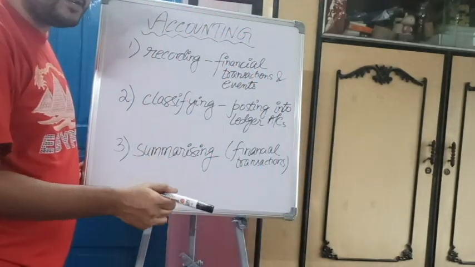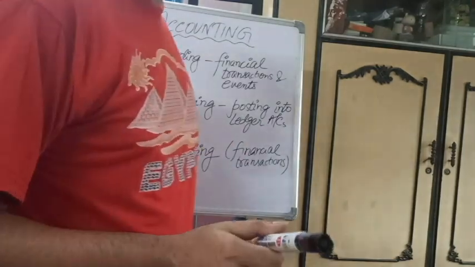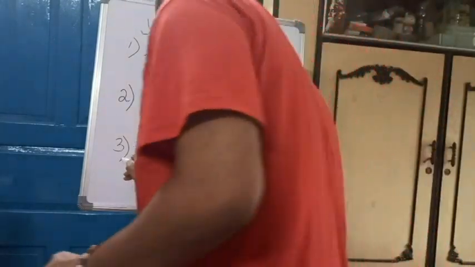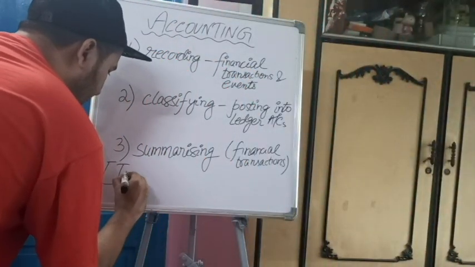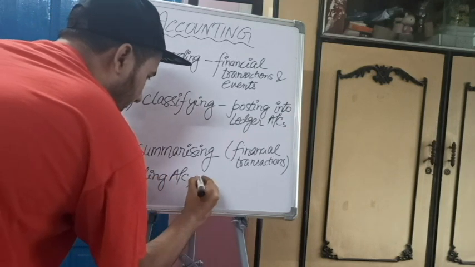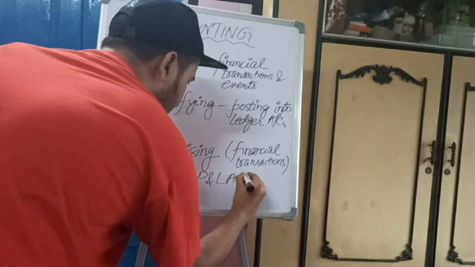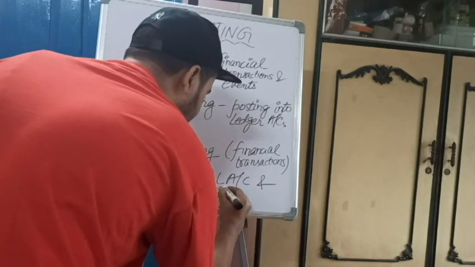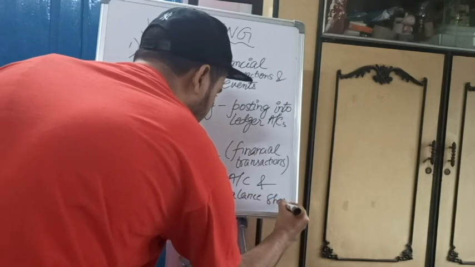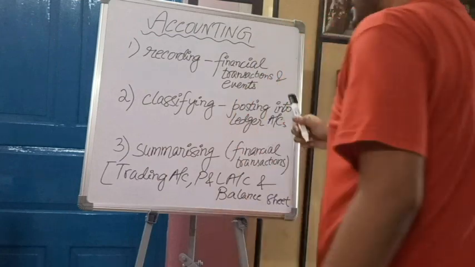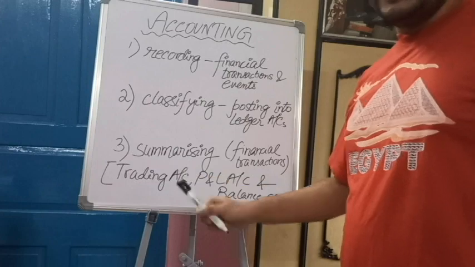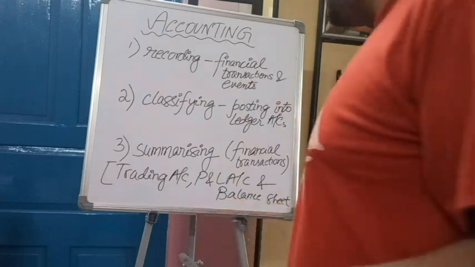summarizing. Summarizing of what? Financial transactions. And in which place will we summarize? In the trading account. We will learn it later. First, at least you know the name. Profit and loss account and balance sheet. So, accounting can be said as recording, classifying, summarizing, and more towards that, there are